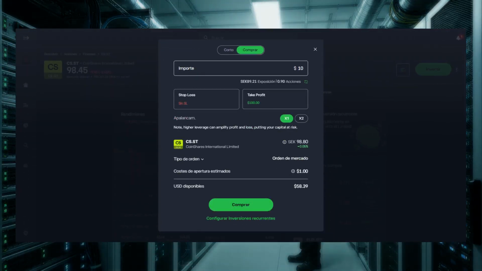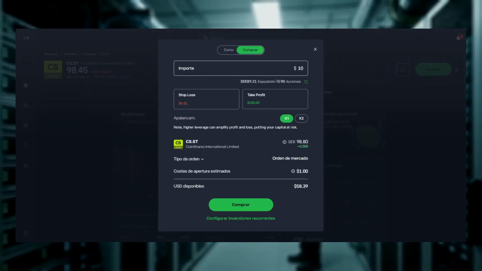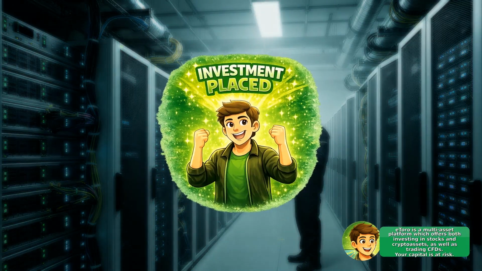Tap Invest, choose the amount you want to buy, then review the order and confirm the trade. If the market is closed, your order may be queued or set as a pending instruction, and the platform will prompt you to add funds if your balance is insufficient. Once executed, your CoinShares position will appear in your